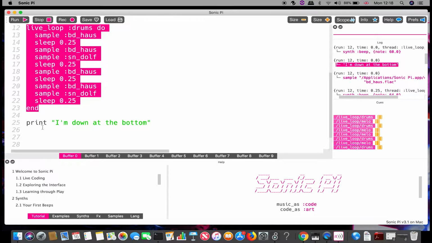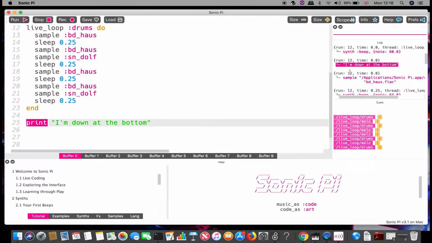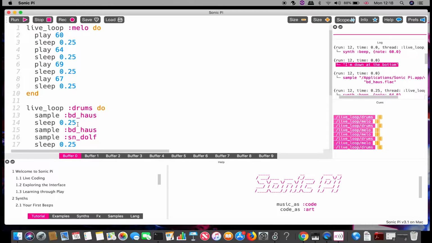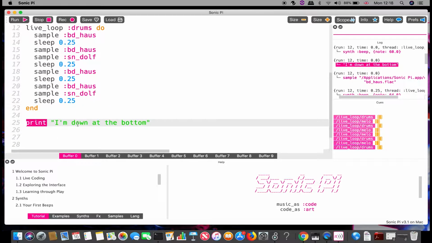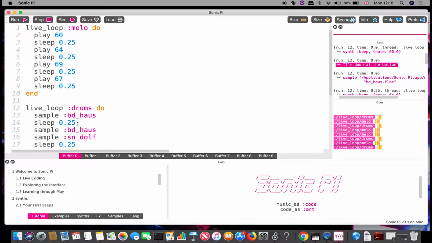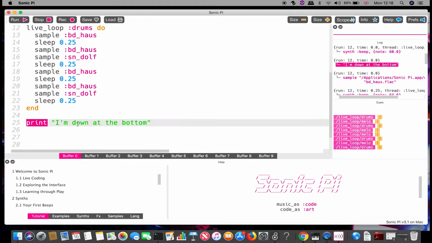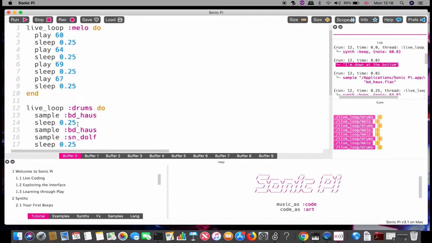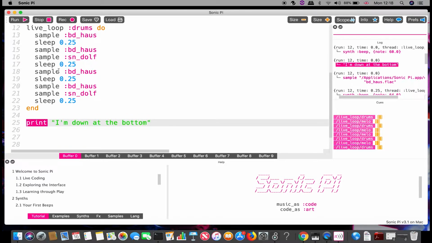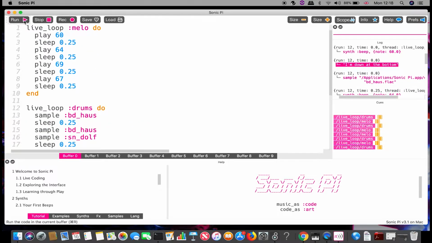So these print commands can be useful to print something into here so that you can track how your code is running, if it's doing something that you don't expect, which as soon as you do anything sophisticated with Sonic Pi, you will find starts to happen. With these live loops, I can also change them as things are running. For example, if I start this running,